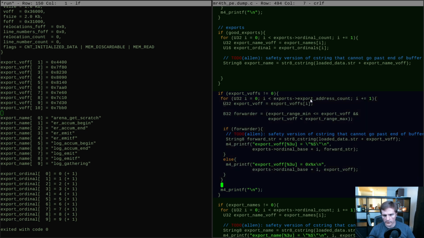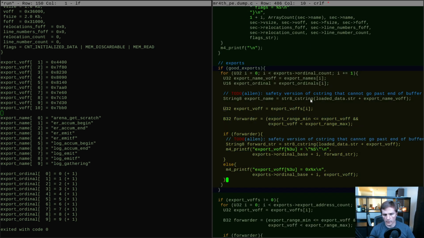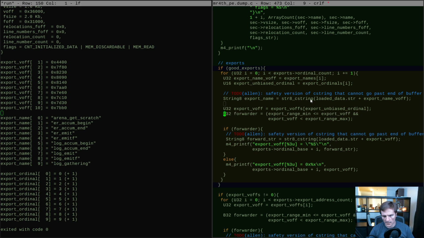Then get us our actual export, which is going to be based on taking the export ordinal. This would be the unbiased ordinal. That gives us an export voff. We check if it's a forwarder. And then finally we go export